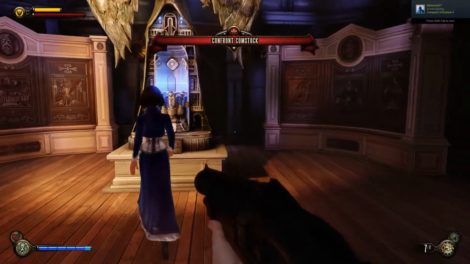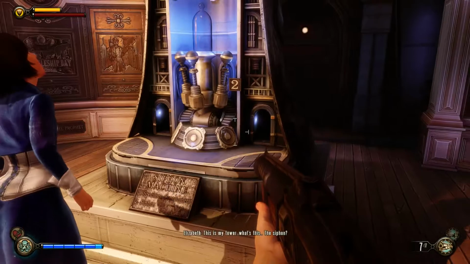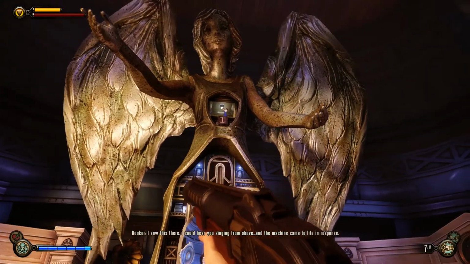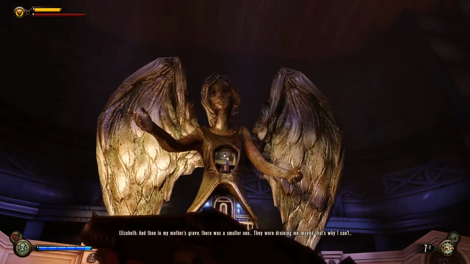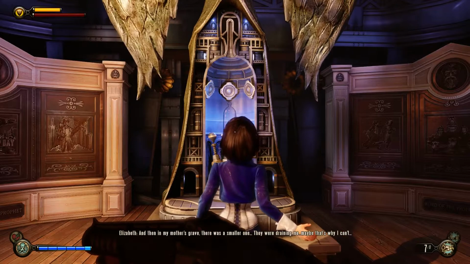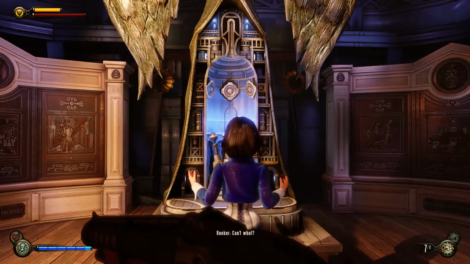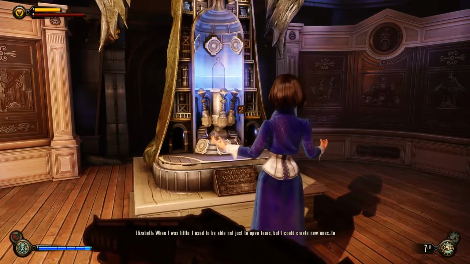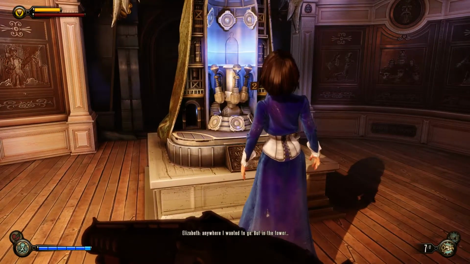Alright, Comstock. This is my tower. What's this? A siphon. I saw this there. I could hear you singing from above. And the machine came to life in response. And then in my mother's grave, there was a smaller one. They were draining me. Maybe that's why I can't. Can't what? When I was little, I used to be able not just to open tears, but I could create new ones. To anywhere I wanted to go. But in the tower...